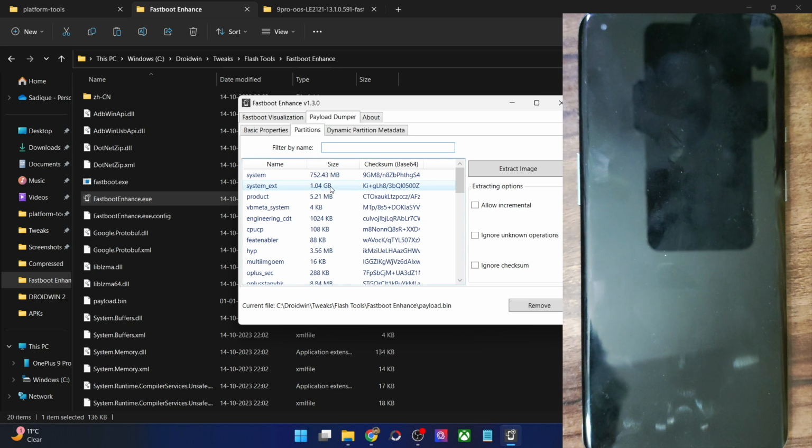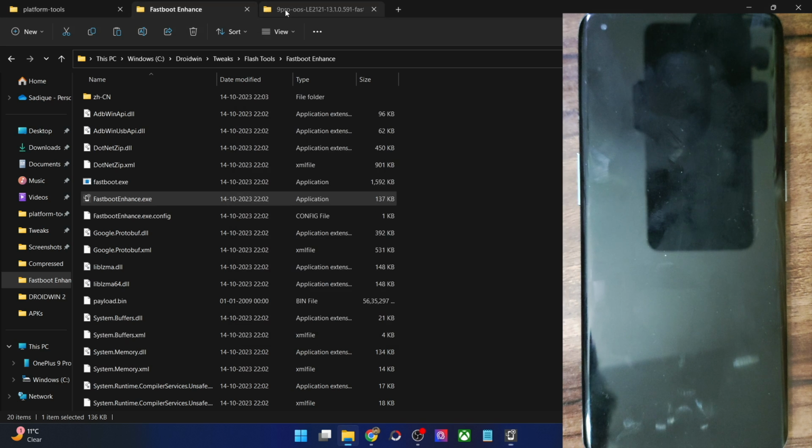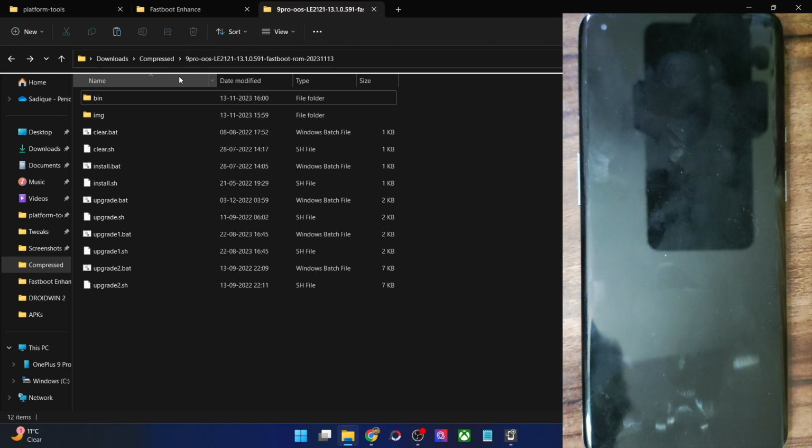So even though you will be able to get hold of all these files, you don't know whether you have to flash these files in the Fastboot mode or the fastbootd mode. So this is where these Fastboot ROMs come in handy. You don't have to worry about anything as such. Simply launch the batch file and the installation will be done without any issues.